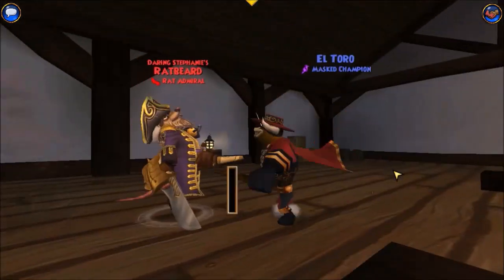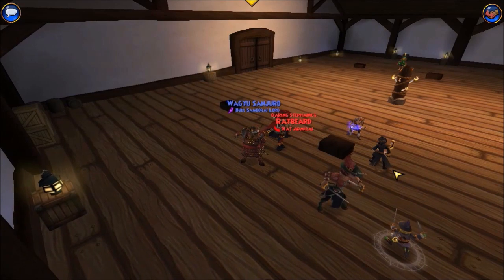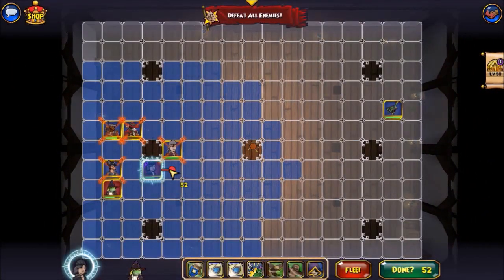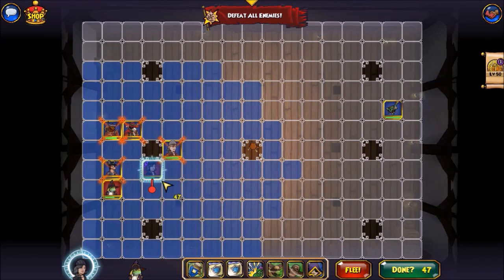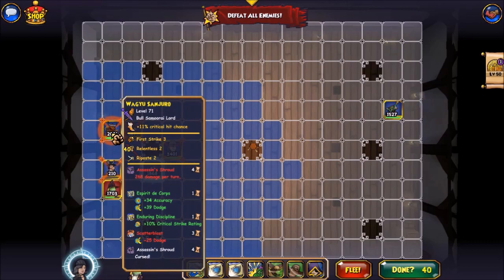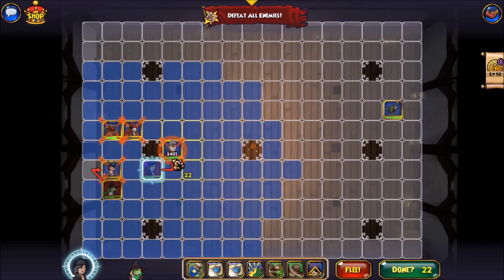I think I lost Ratbeard, and did I lose Fan here? No, Fan lived for one more turn because he wanted to guarantee the kill on Ratbeard, so he moved Wagyu into that square, which is a pretty conservative play. And then I was mousing over Contessa and Toro here to count the rounds of the poison. Then I think I had Fan guaranteed a kill on Contessa because Contessa didn't die earlier. And then